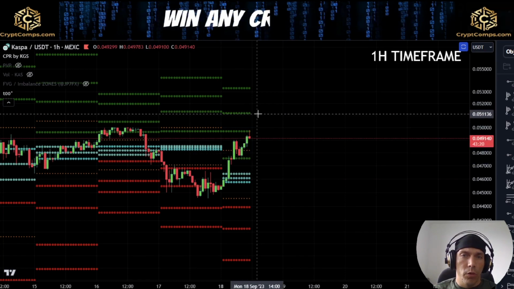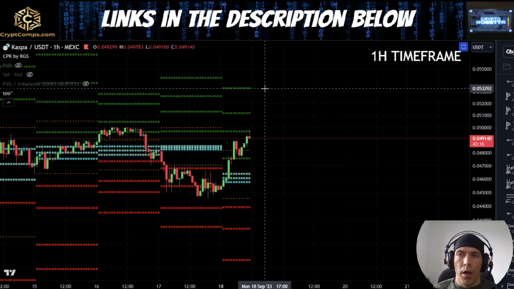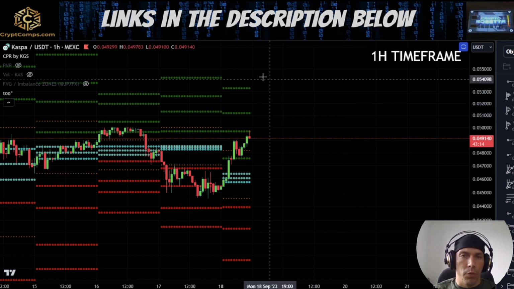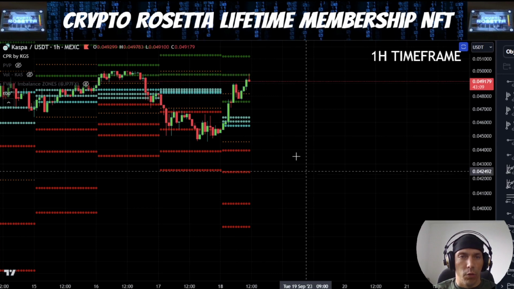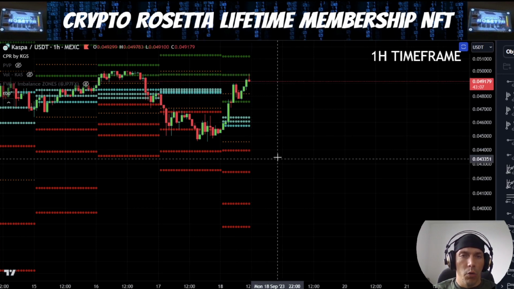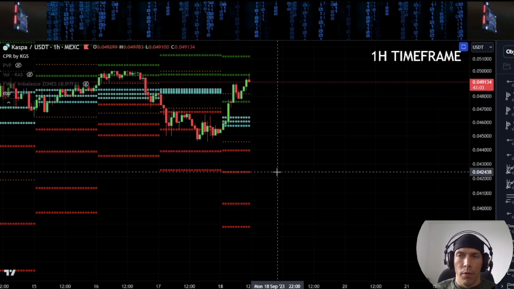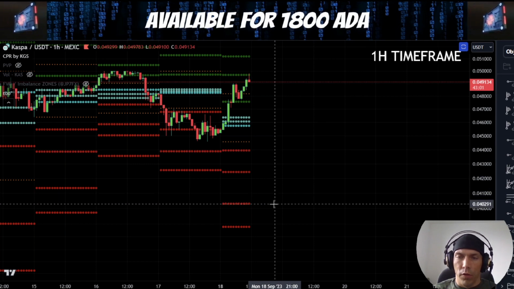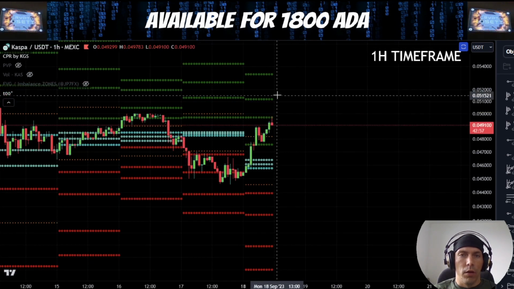If, however, we do continue up here, other targets for today would be 5120, and we have this 532 as a potential upside target for today. If, however, we see price looking to reject from here and we start to break to the downside, what we could then see is interaction with this 439, 424, 402, and this 388 as a potential downside target for today.